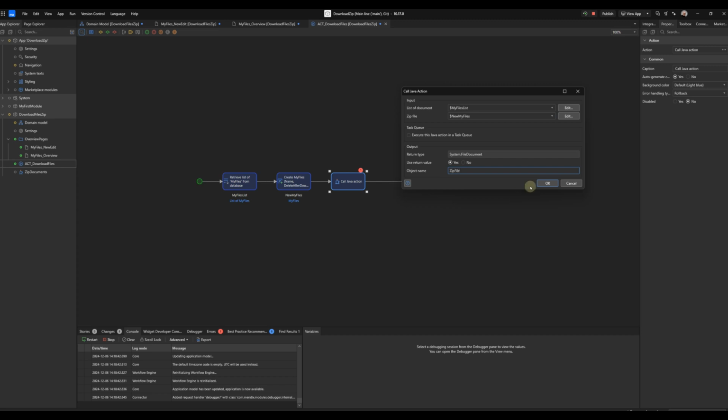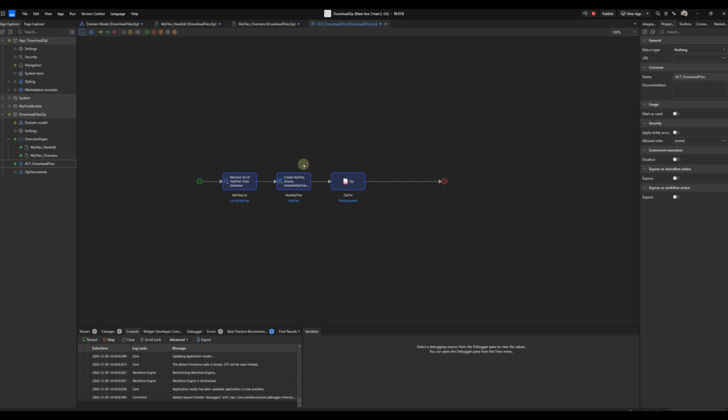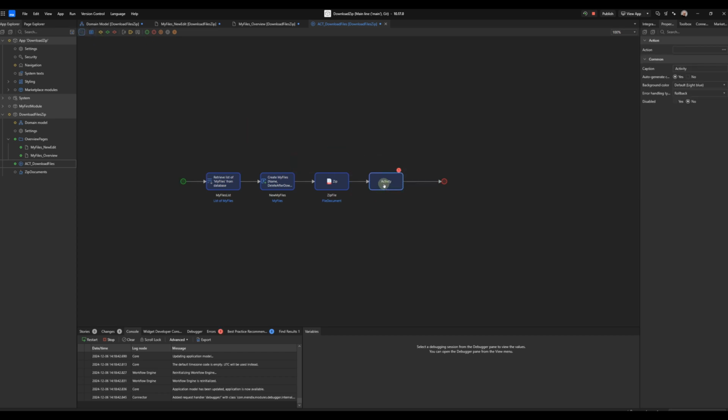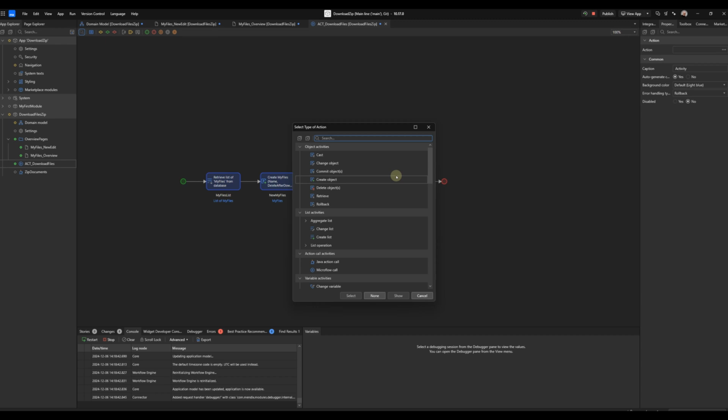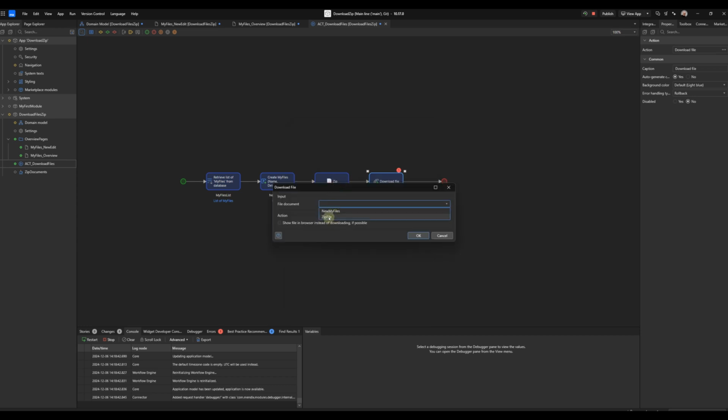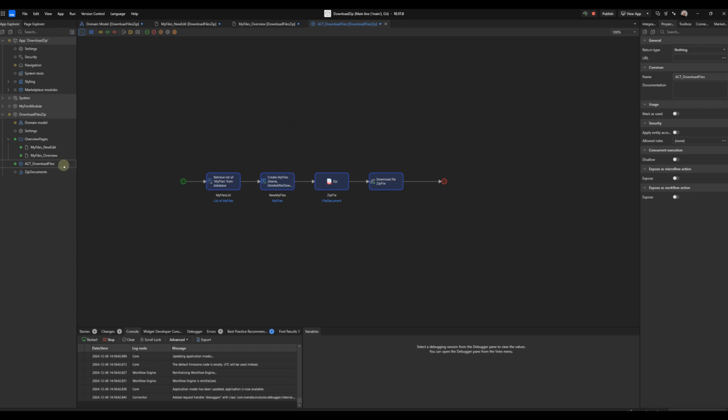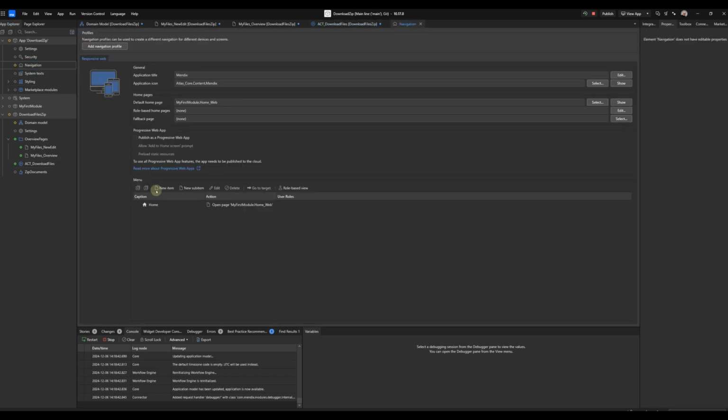Okay, my zip file is ready along with the documents. After that, I will create a new activity, download file, and I will select the zip file. That's okay. Now I will go to navigation and test this one. Now zip file, zip will be enough. Show page.